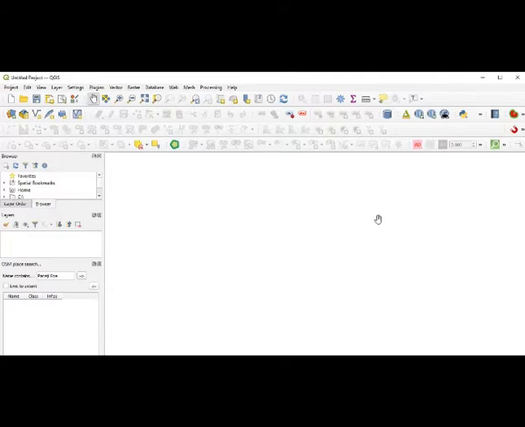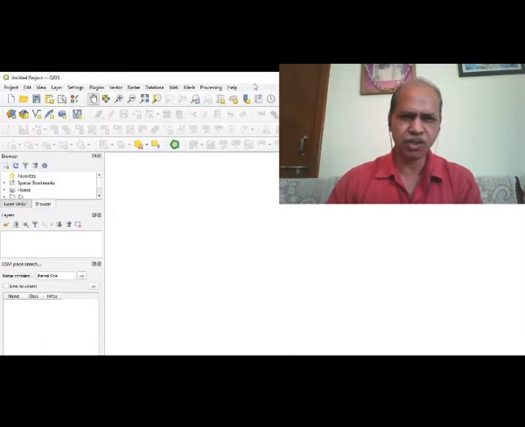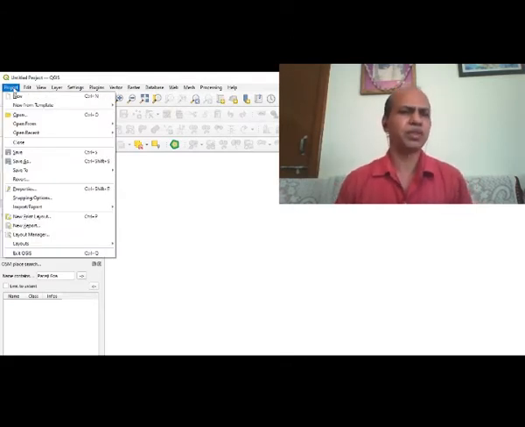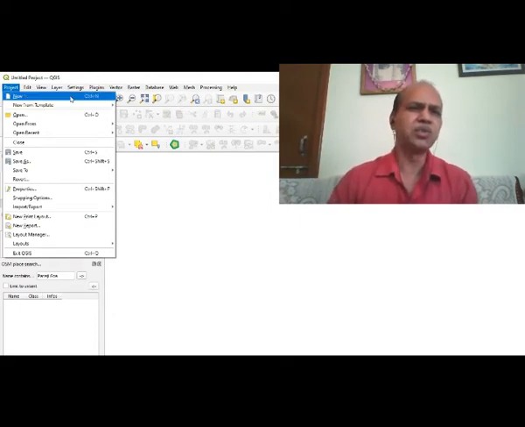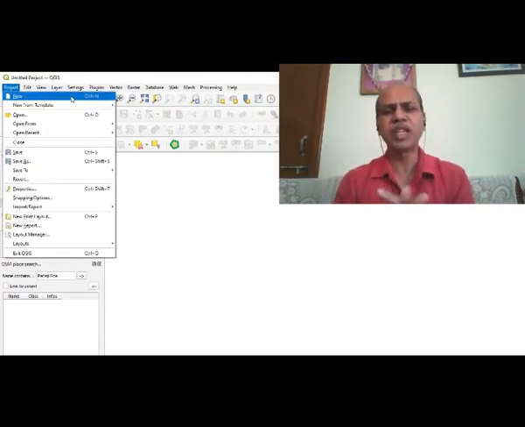Keeping that in mind, we will go ahead with the first aspect, that is the basics of the QGIS interface. Under that, first of all, I would like each one of you to be familiar with the menu bar. The first one there is Project. If I click there, there is going to be a drop down box which contains New. New is going to open the new canvas.